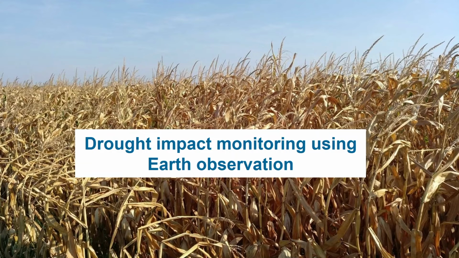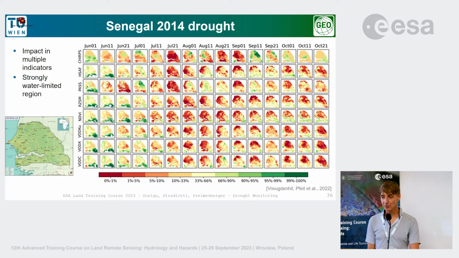What is drought? We've seen potential sources of information coming from Earth observations to monitor drought or to monitor vegetation activity. And now I would like to show how we can use this for drought impact monitoring. I think a very nice example is provided by two of our colleagues, Mariette and Isabella, showing there was a very strong drought in 2014 in Senegal, which is a pretty strongly water-limited region. And we've been looking at different